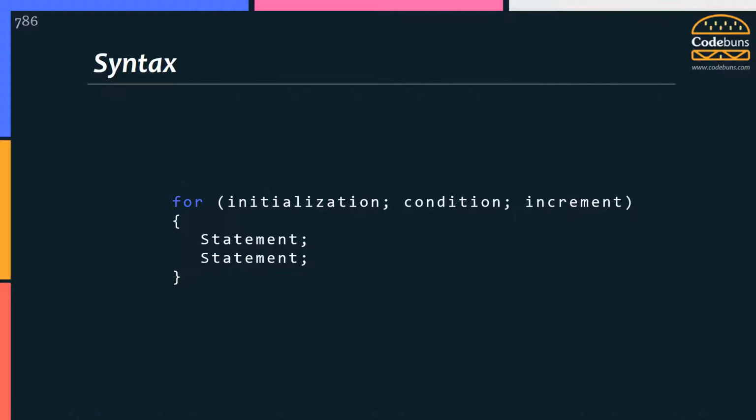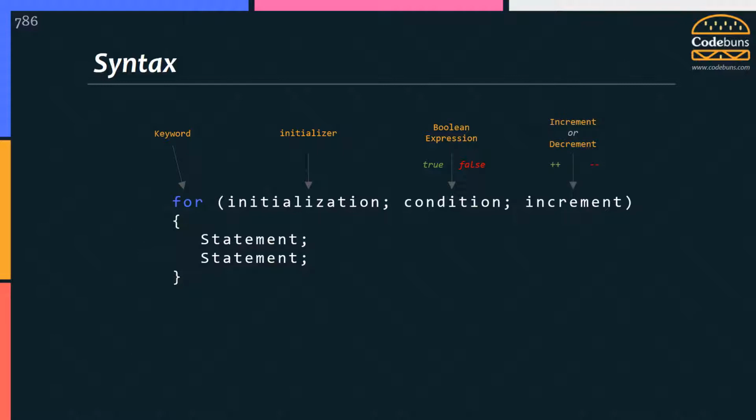Please pay attention. For loop starts with the for keyword, followed by three expressions, separated by semicolons, within these parentheses. The first parameter declares and initializes a counter variable before the loop executes, and is always evaluated once at the start. It's called initializer. The second parameter is a condition, a Boolean expression that returns true or false, and is evaluated before each new iteration of the loop. This must be true in order for the next iteration to be performed. The iterations end when the condition is false.